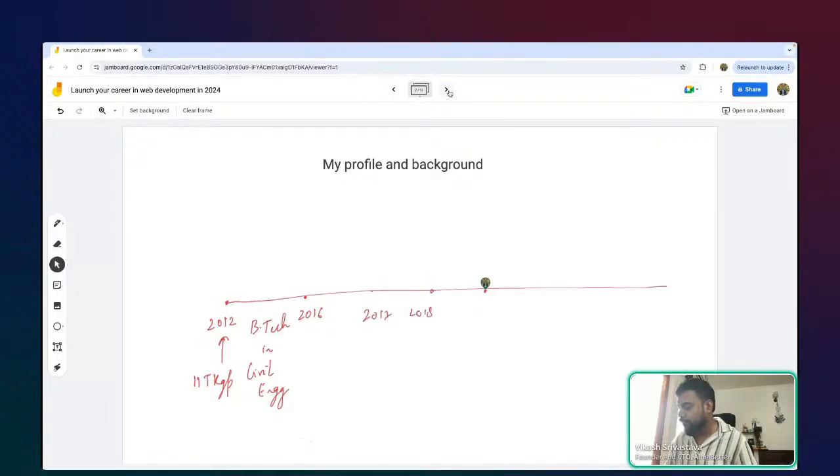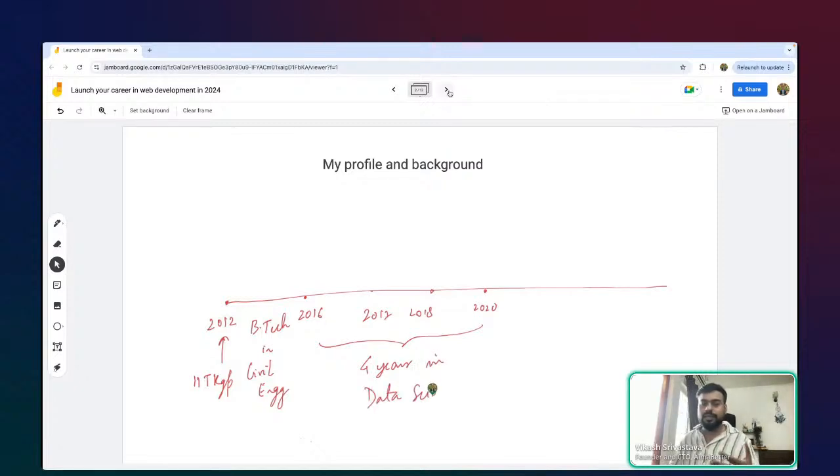I worked for 4 years in data science, which was the primary job I have been doing, at companies like American Express, HSBC, and Global Analytics. I learned a good deal of things during these 4 years. I learned how data science is applied in the industry, how to do modeling, how to build strategy, and how to do NLP. So I have had a fair share of experience in this domain.